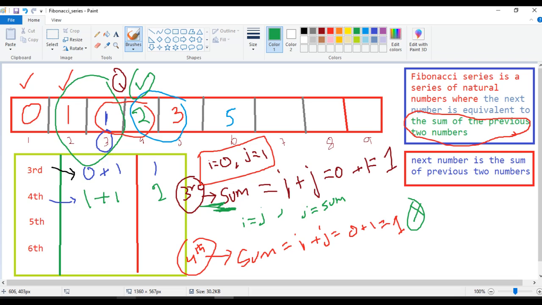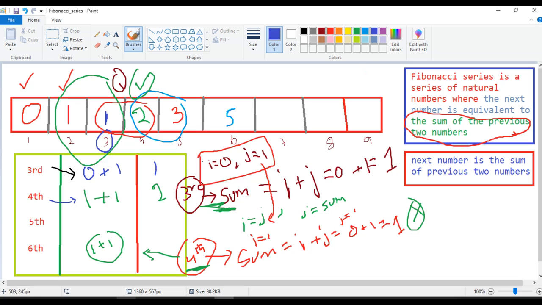So why are we doing like this? Observe carefully. Now while performing with fourth position, we need to add previous two numbers. That previous two numbers will be 1 plus 1, right? 1 comma 1, right? So for achieving like this we are performing swapping here. So let me tell, initially what is the j value? j value 1. So that j value we are assigning to the i. So that means now i is equal to 1, right? Same like that, now what is the sum value? Sum value 1. That same sum value we are assigning to the j value. So j value becomes 1.